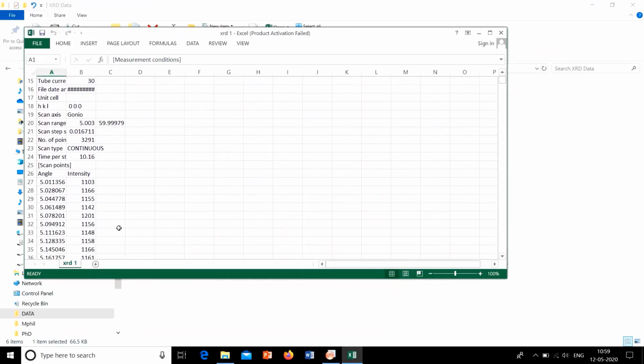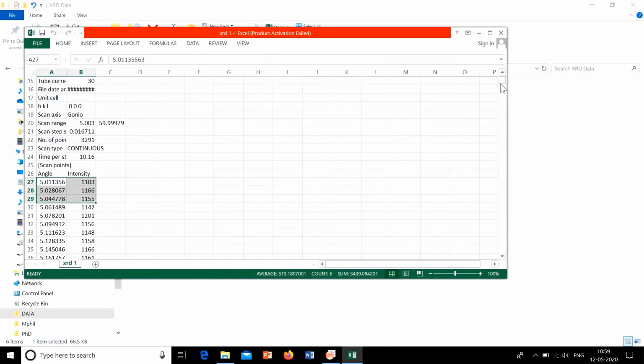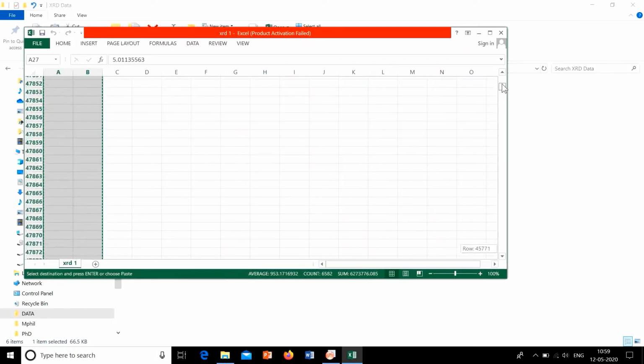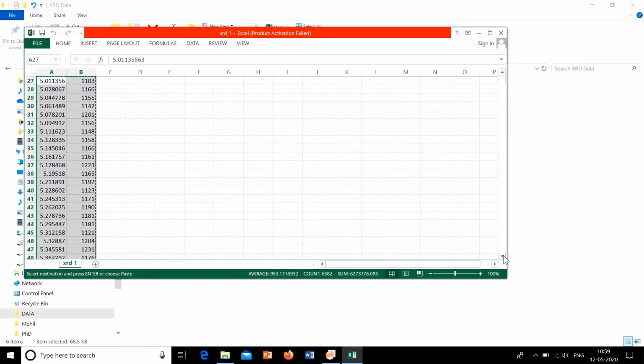So from here, just select the set of data only. Excluding all others, select the set of data. So we have selected the data from here.